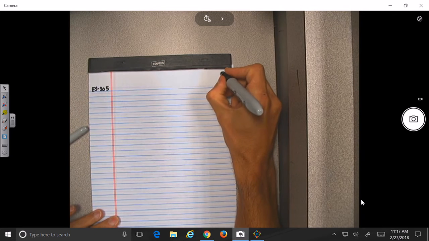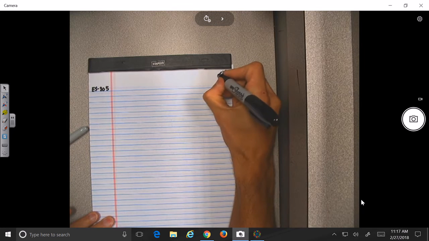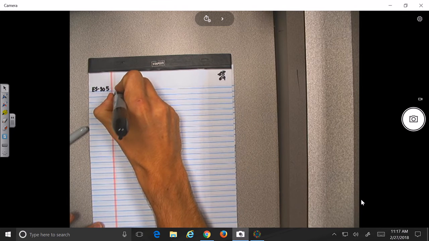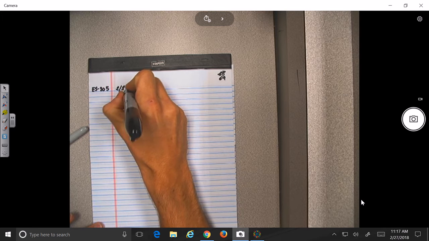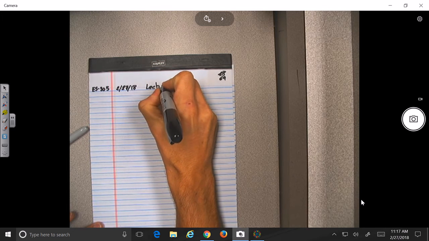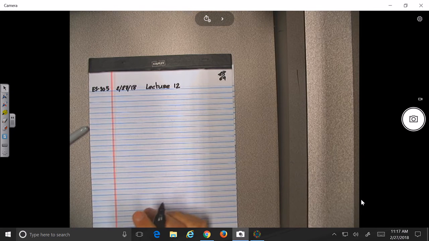Thermodynamics, page 68. No, 69. Today is February 27th, and this should be lecture, or whatever, class 12. All right, so